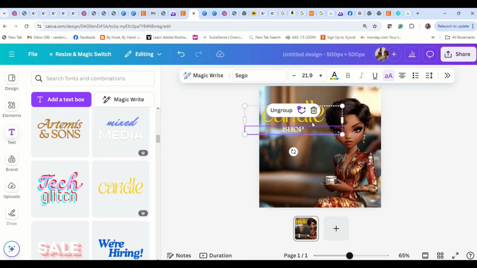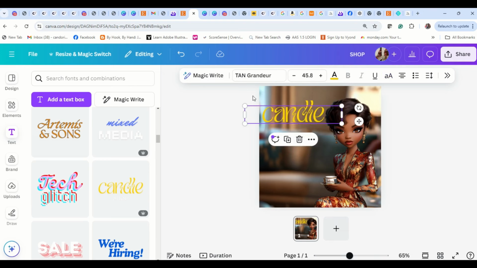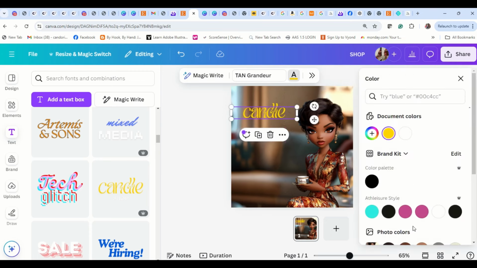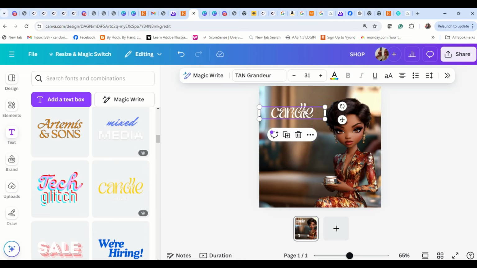I don't want the shop part. So the shop part, I'm going to delete. So I'm going to select the bottom half of the shop here, and then I'm going to click on the trash can to delete it. All right, and then this, I can just click on the sides here to make it smaller or larger or what have you. And you can change the color here. So I'm just going to make that white. All right. So this is where I can now go in and say,